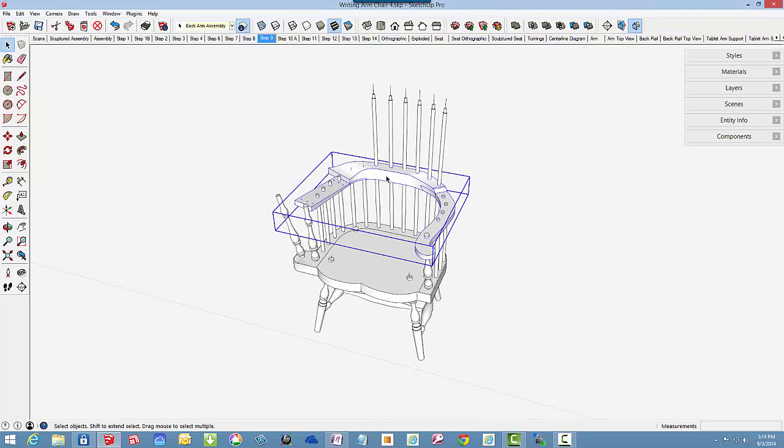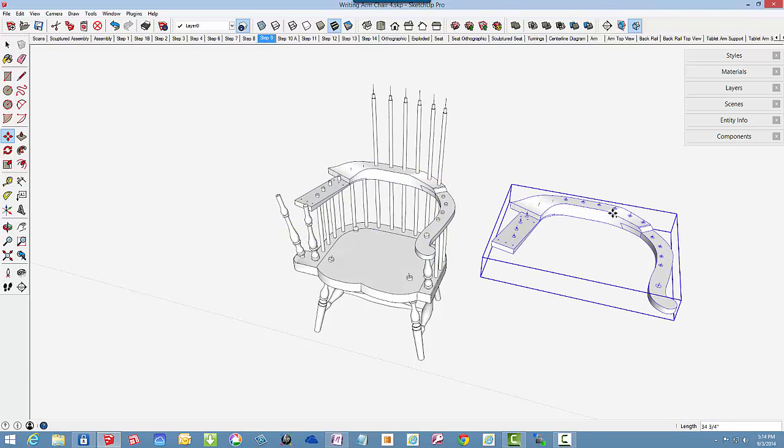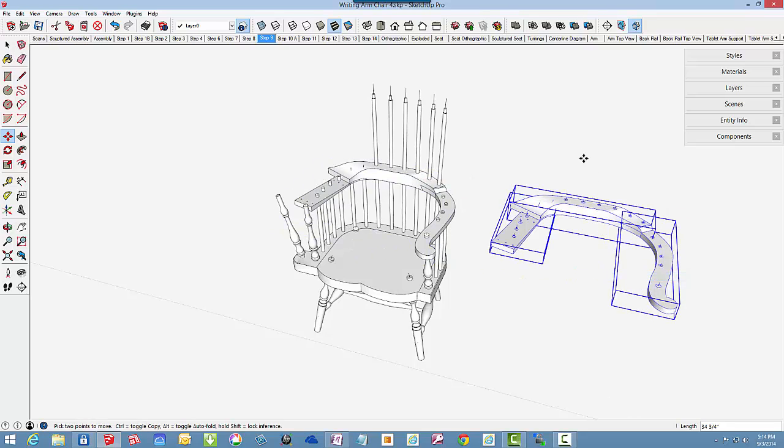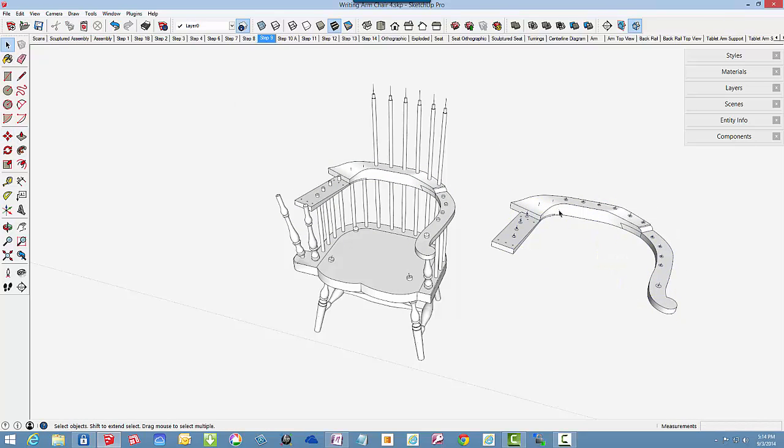This is probably the most complicated part of the chair construction. This is the arm and the back support. Actually, it's an assembly of 3 components. I'll just show the different pieces here. Here's the back